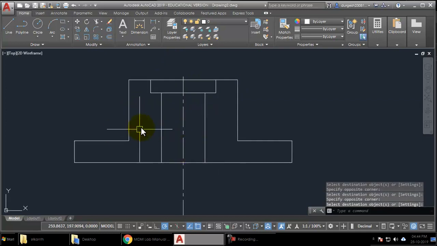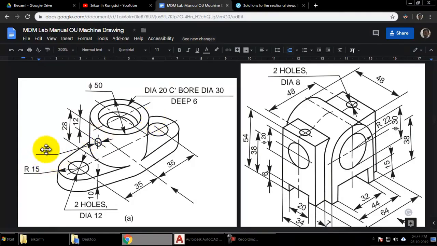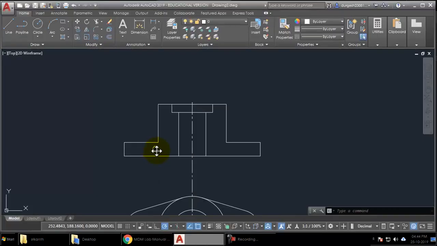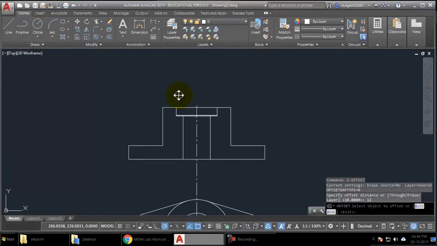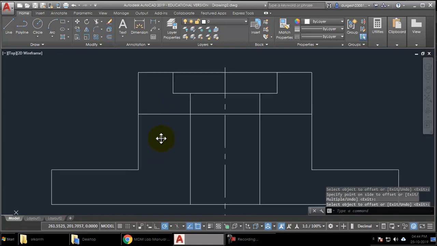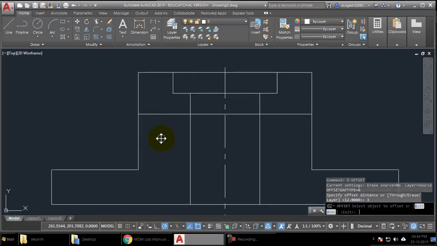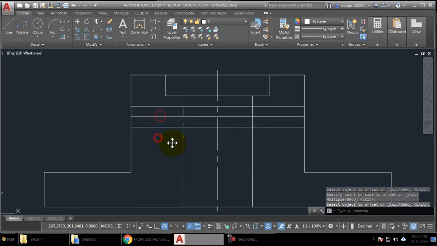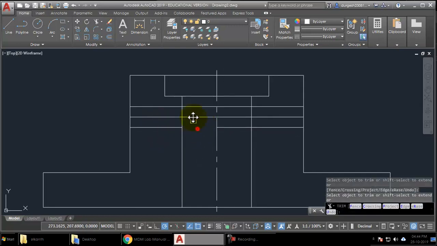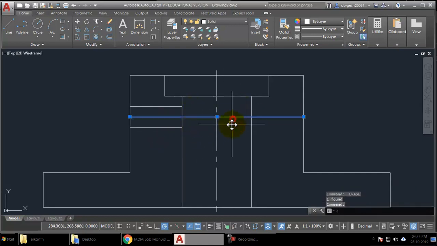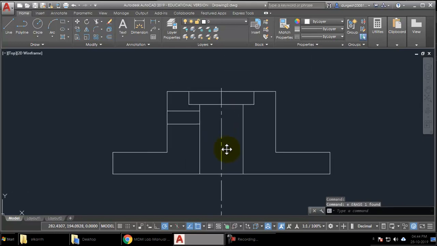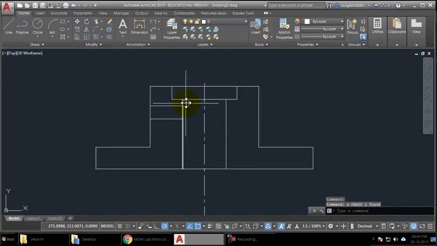And yeah, this oil hole, this hole of 6 mm diameter, that will also be visible. And we know the height of this is 12 mm, so offset 12 mm from the top, and from here offset of 3 mm on both the sides. You can do this. Then it has to be trimmed over up to this point. We don't need this line through here. And yeah, so this is the sectional front view.